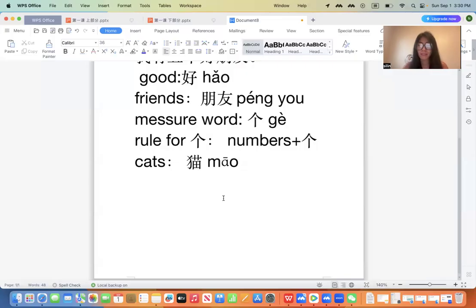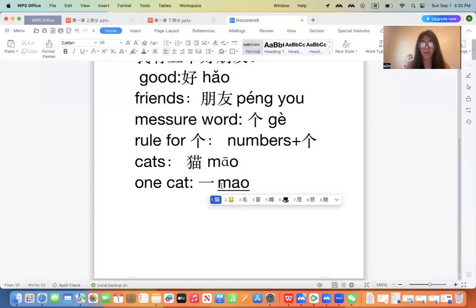So how to say one cat? Probably you will say 一. How to say one? That's 一. And how to say cat? It's 猫, 一猫. Remember, we need to use the measure word to count how many things, how many items. So for 猫, we learned only one measure word. It's 个. So you will say 一个猫, but no. In Chinese, we have different measure words for different items. So for 猫, we are going to use